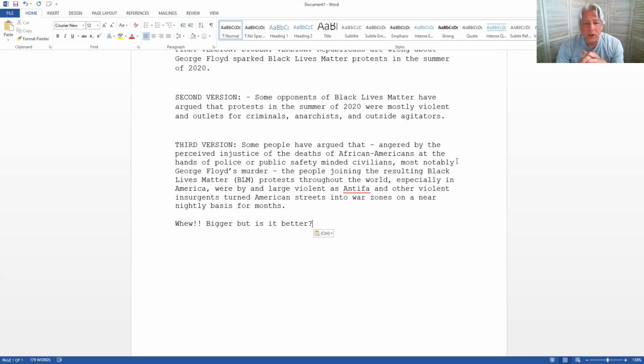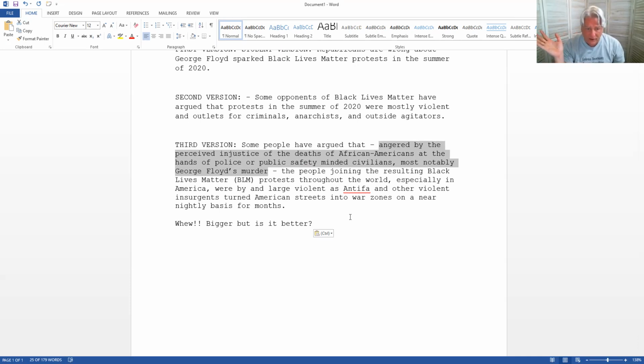All right. I played around with the language on this for quite a while. It's still obviously kind of awkward. Originally I had this whole bit here subordinated at the beginning of the sentence, and then some people have argued that the people joining the protests were by and large violent. We can break down the sentence into the simpler forms. Some people have argued the people in the protests were violent, they were Antifa, they created war zones nightly, it was terrible, right? And then this is just a big chunk on why,